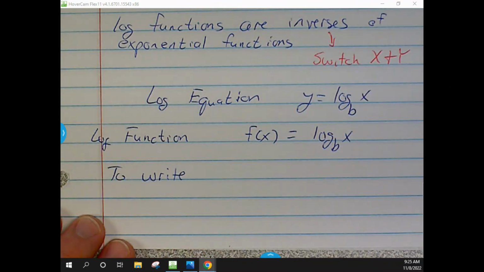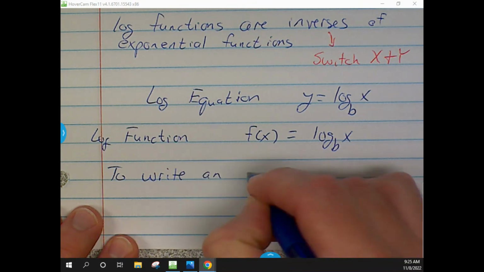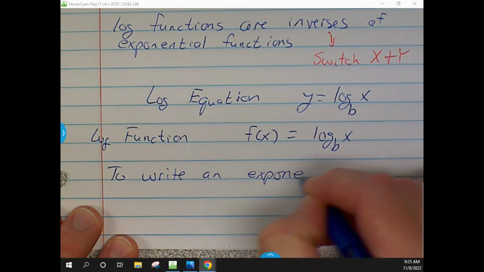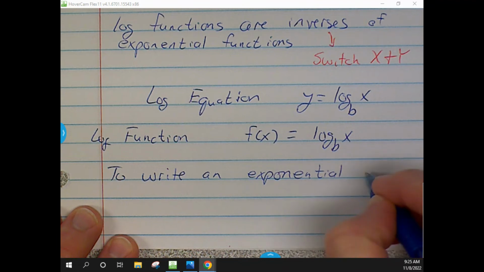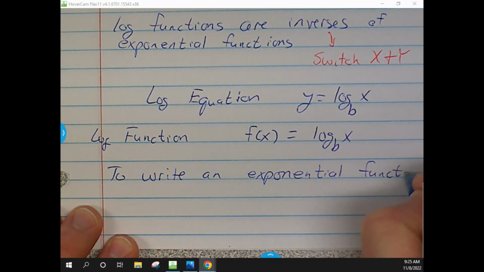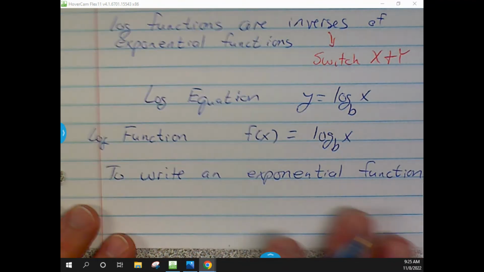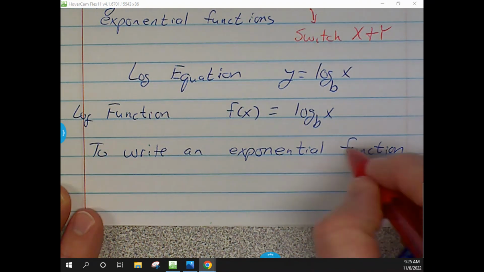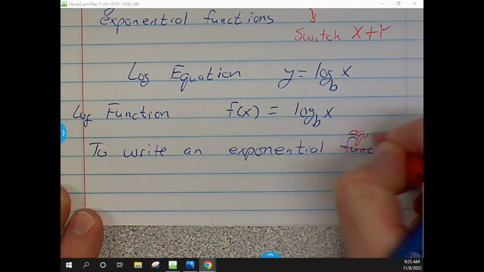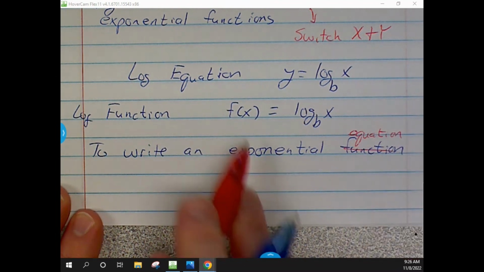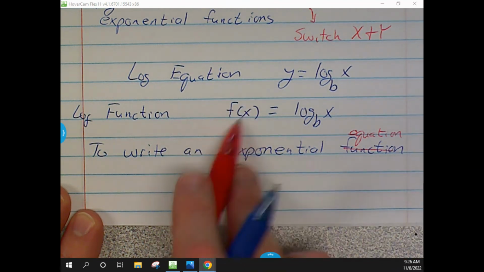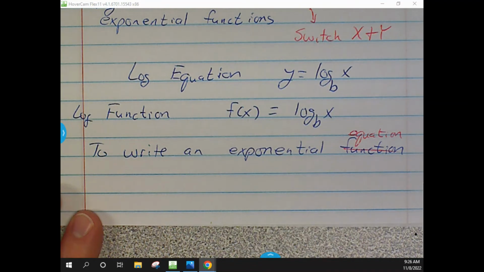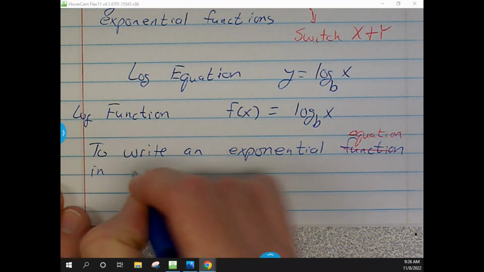Okay, so here's what we're going to do. To write an exponential function, and again, function or equation, doesn't really matter what it is. We'll probably actually do more equations because if it is a function, the first thing we're going to do is take the f of x out and replace it with y. So really, let's just look at more equations. So to write an exponential equation in log form,